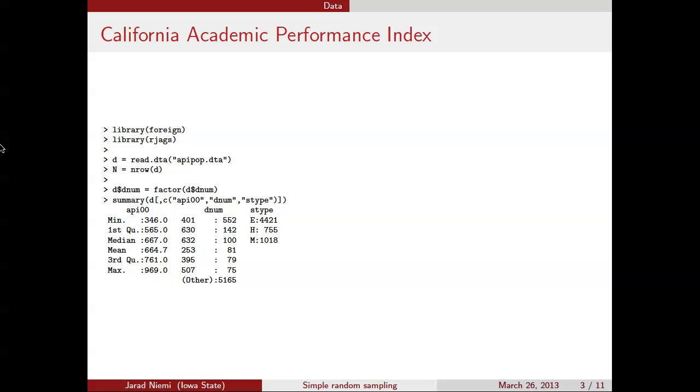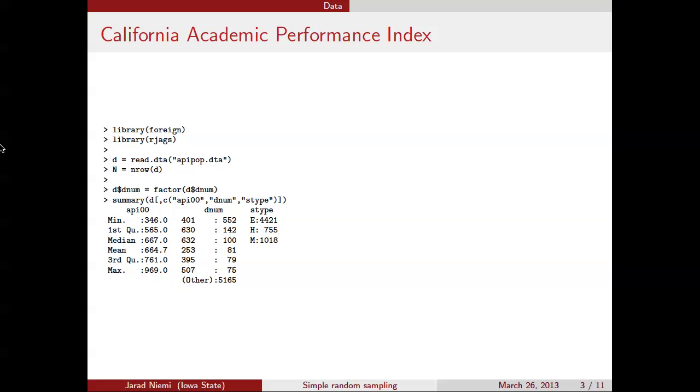There's a whole bunch more in this data, so it could be a very complicated data set to analyze. Initially, I was planning on doing stratified random sampling here as well, and I probably will put up a lecture on that afterwards, but I didn't get to it. I can provide this data set on the website, so you don't have to find where to download it from. It happens to be a Stata data set, which you can read in using the foreign library.